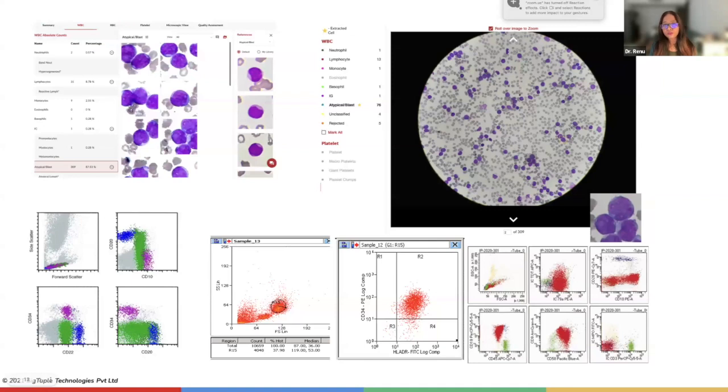So coming to today's topic, it is going to be about ALLs and the advancements which have been happening in the remarkable field of pediatric hemato-oncology, and Dr. Intezar is going to be addressing all of that today and enlightening us on the different aspects of the latest clinical achievements and the personalized, targeted therapies that have been happening in the field. Even I'm really waiting to see what he can share with us